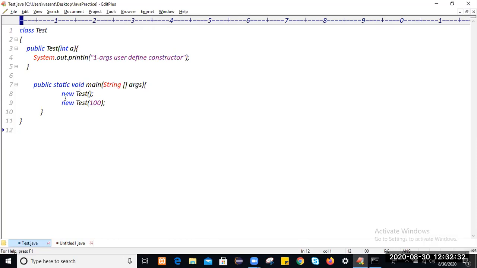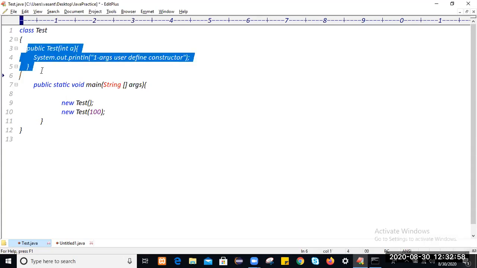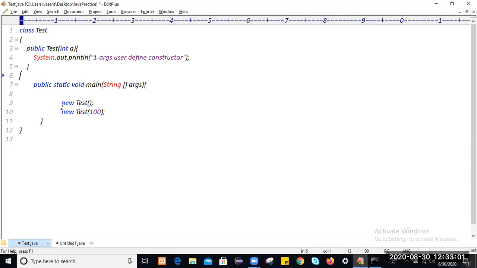Anyone? So during compilation time, the moment you create this object, it will check, is there any user defined constructor within the class? Yes, we have one user defined constructor within the class, the one argument constructor. So the moment it finds at least one constructor within the class, and you created multiple objects like a zero argument object and a one argument object, then in this scenario no default constructor will get generated during compilation time, and you will get a compilation error.